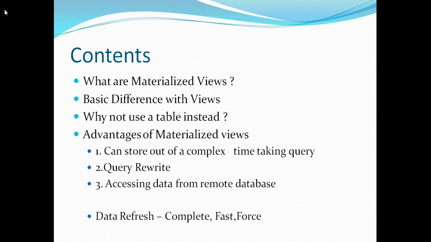This raises an important question. When we are storing the data at a physical location, why don't we use a table instead of a materialized view? There are multiple reasons for that. In order to populate a table, you have to write a process, which again is costly, and there is a possibility that you may leave certain loopholes in that. That's one thing. But the most important part is the query rewrite functionality of materialized views, using which you can significantly improve the performance of your queries and reports without making any code change.